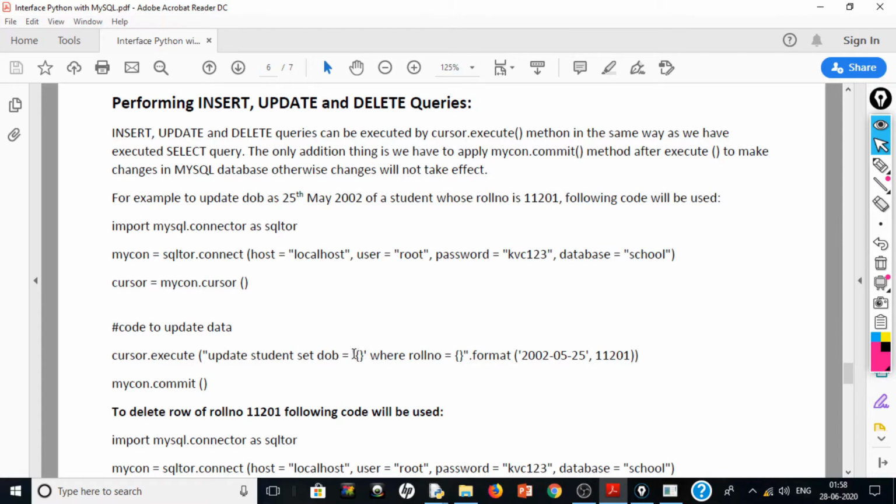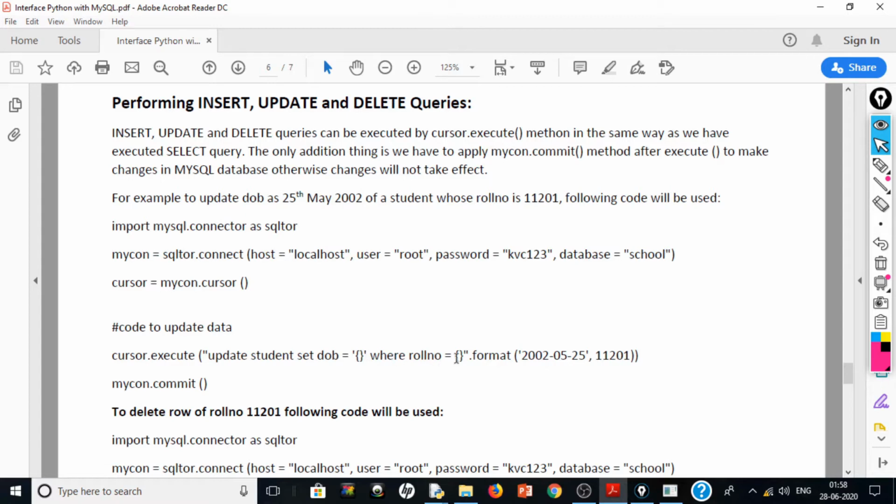So whenever there is string data or date data, it should be enclosed in single quotation mark, right? Or double quotation. We will use double quotation inside single quotation or single quotation inside double quotation, but the data should be in quotation mark.